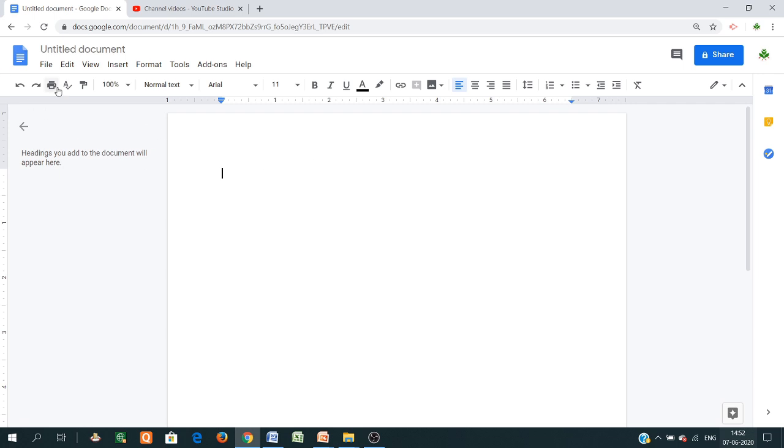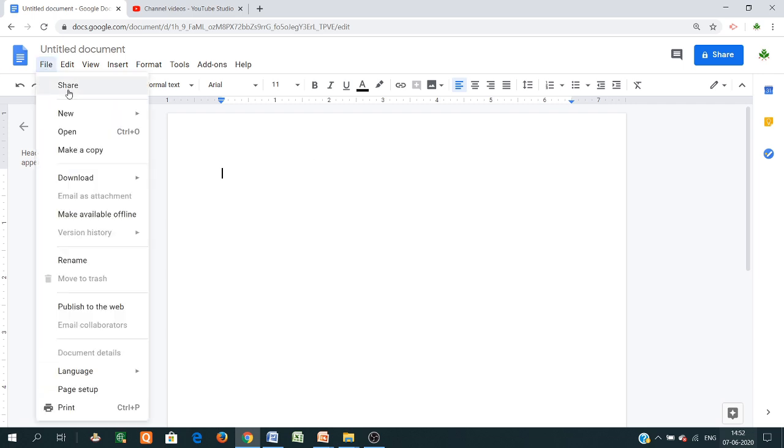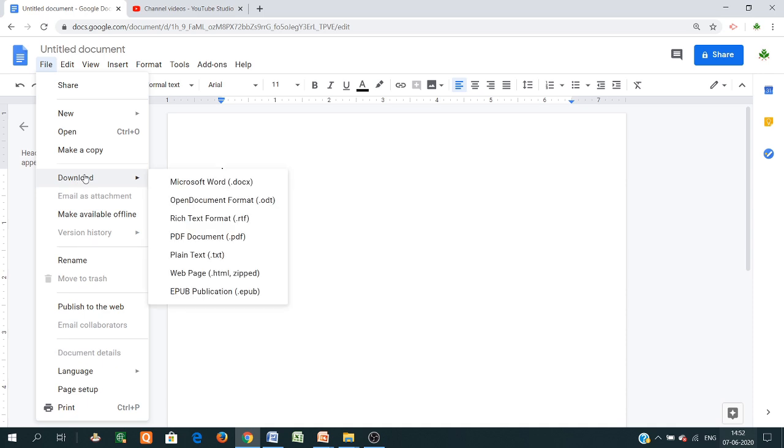So these are different types of options which are available like MS Word. Now here there is another option, that is in File, you can share the document, you can download. This is the download, means if you prepare any document here, there are different versions to download like Microsoft Word, that is it looks like an MS Word type file. Open Document Format, that is .odt. Rich Text, the RTF, then PDF. These two are very important, MS Word and PDF. Then plain text, and another is the web page also. You can publish it as a web page. Then EPUB publication.